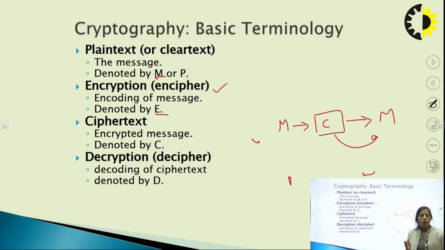So what was the overall process? We are converting a message by applying encryption and decryption. We convert our plain text into an unreadable format, the ciphertext, and then again convert it into the original format in which we sent the data. These are the basic terminology used in the overall cryptography process, in which we apply various algorithms.